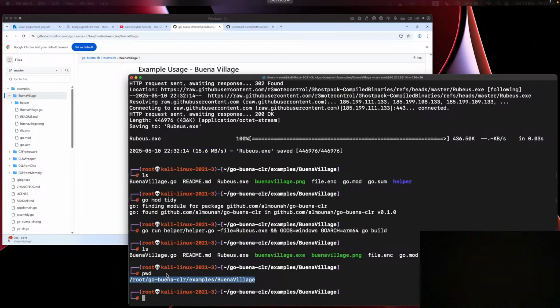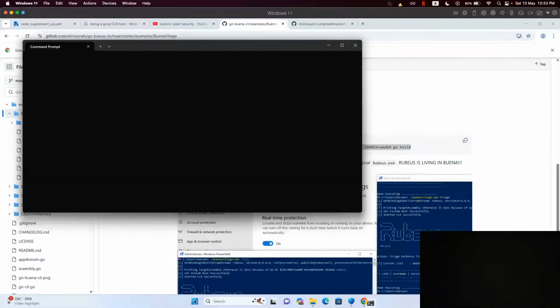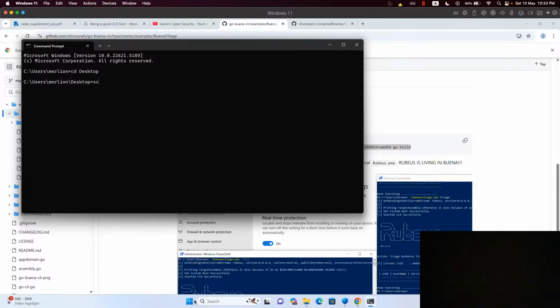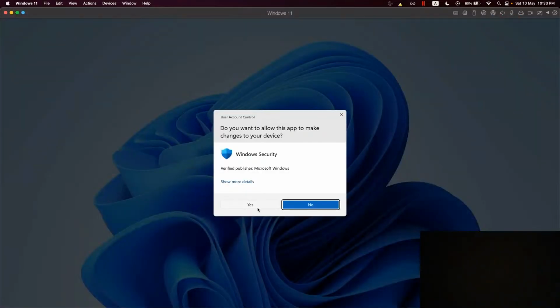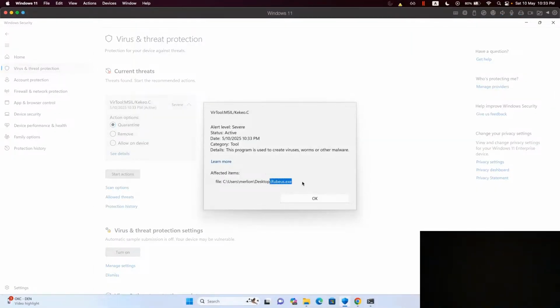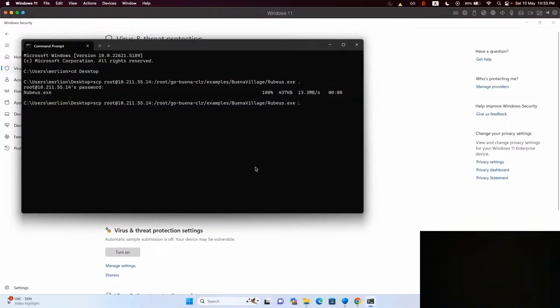So let's hop over to our Windows machine and let's try to transfer the binary over. Let's show Rubeus first. We can see that it is definitely getting detected by Windows Defender. Right, we can see it over here triggering. So Rubeus is a no-go for sure. It's getting detected. Right. So now if we were to transfer the BuenaVillage POC instead,